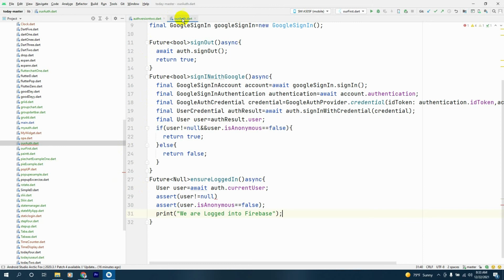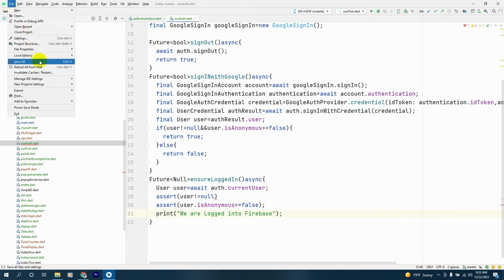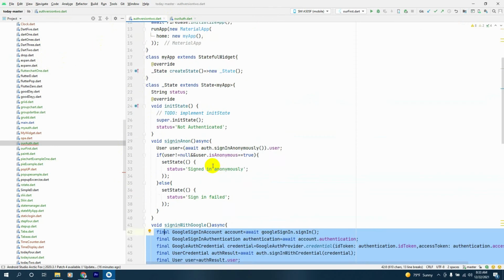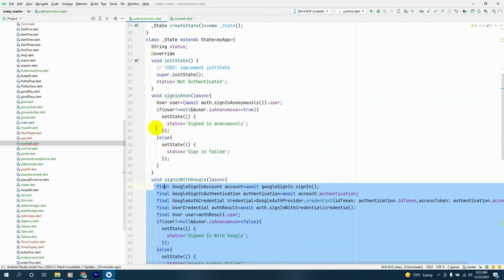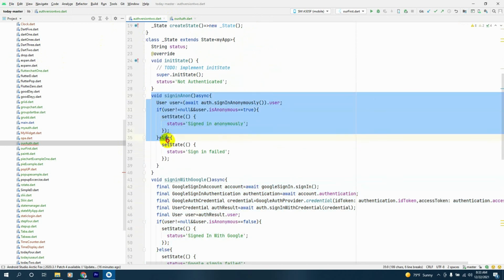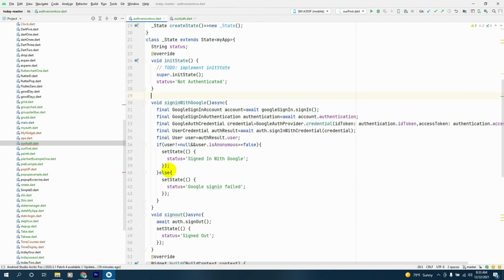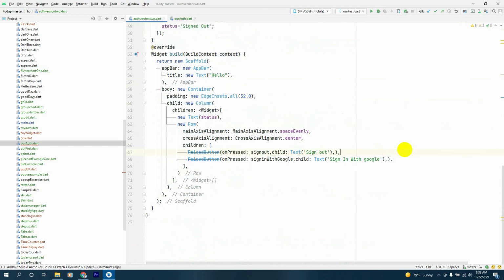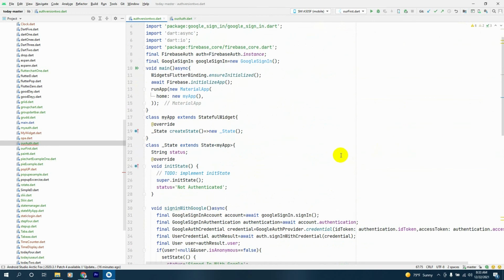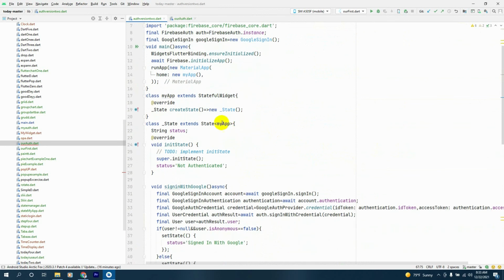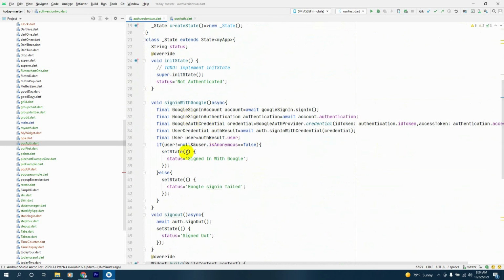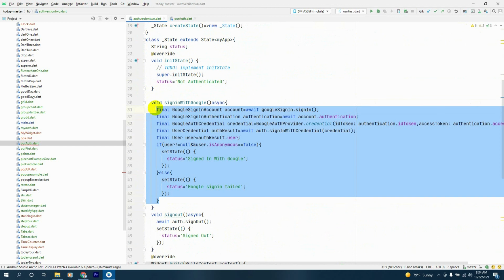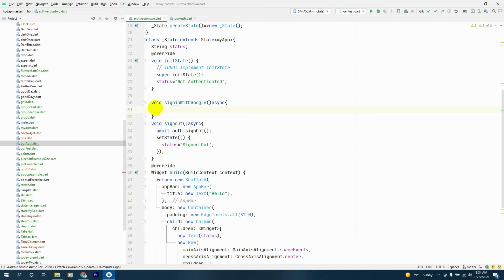Next thing is we need to go to the previous Dart we built in the previous lesson, and here we'll remove the void sign in anon method because we don't need it right now, and we'll remove it from the raised button also. And next thing, we'll go inside the sign in with Google async method, and we remove all this code, and we'll have an if await